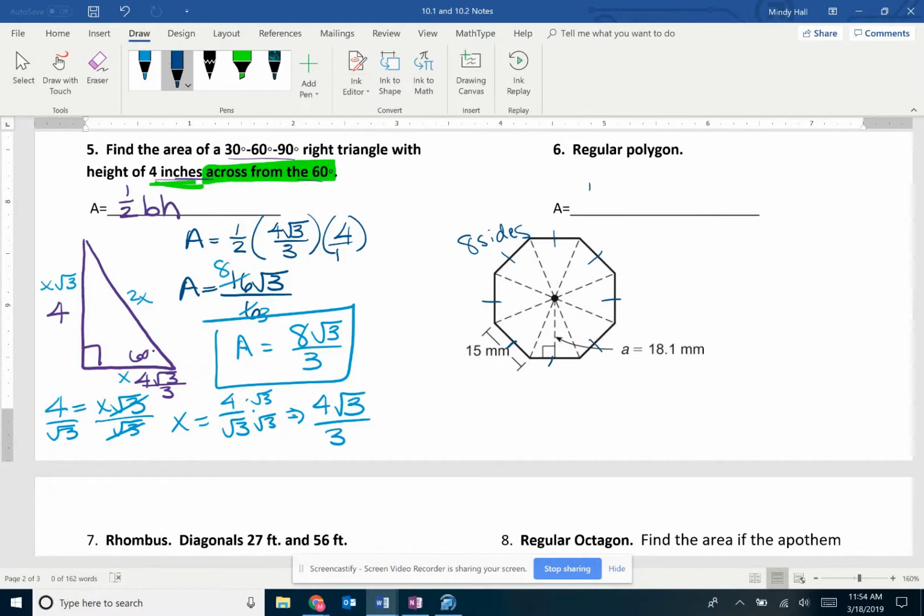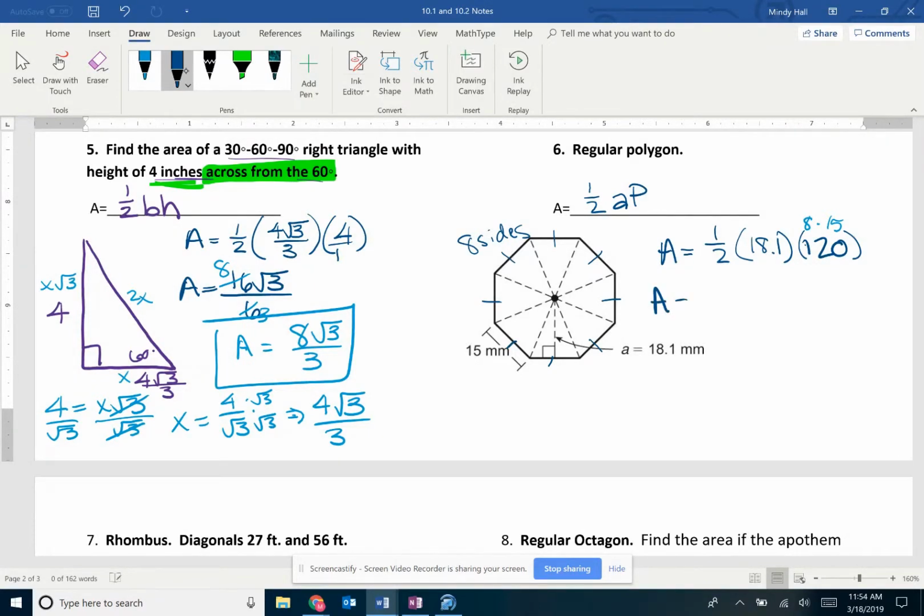So for a regular polygon, it is 1/2 apothem times perimeter. Looking at this, we have 8 sides. So area equals 1/2 times my apothem, which is 18.1. And then my perimeter is going to be 8 times the length, which is 15, and 8 times 15 is 120. So multiplying this all together, 120 times 18.1 times 1/2, or divided by 2, whichever way you see it,